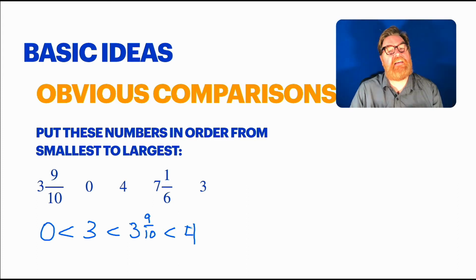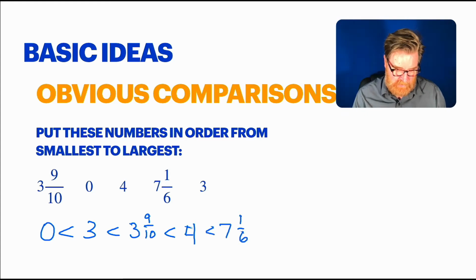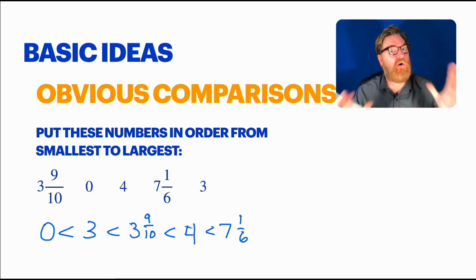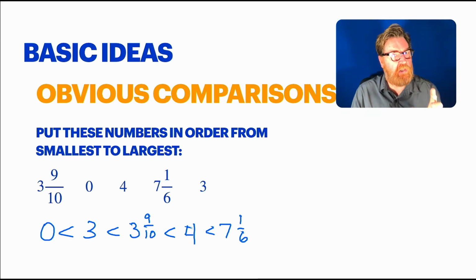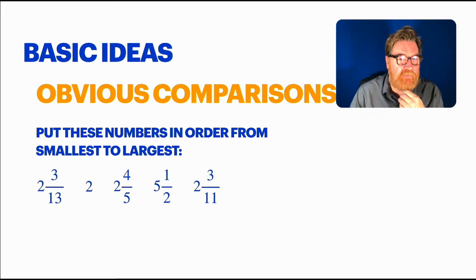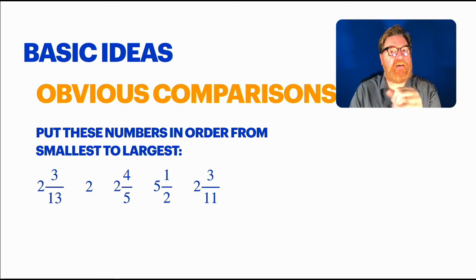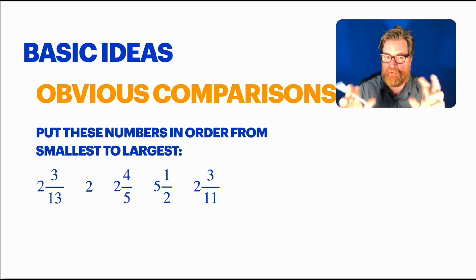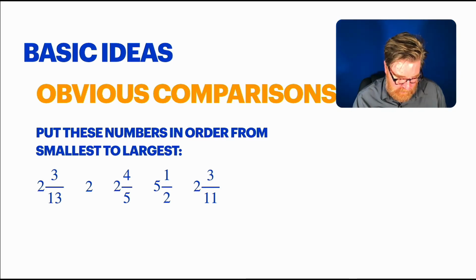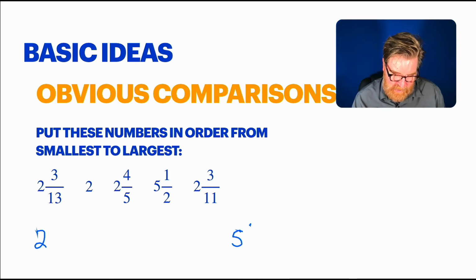And then clearly 7 and 1/6 is 7 just by itself. That whole number tells us that 7 and 1/6 is the biggest of all 5. Looking okay? Well, what if it's not so obvious? Even if they're closer, maybe we can take advantage of our obvious comparisons. Let's take a look. Look at those 5 numbers. I see 2 as the absolute smallest and 5 and 1/2 as the absolute biggest. Does that make sense? Just looking at the whole number parts. So tell you what, I'm going to put 2 here and I'm going to put 5 1/2 down at the